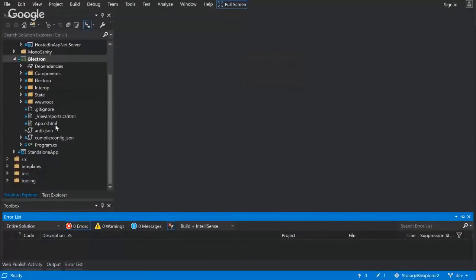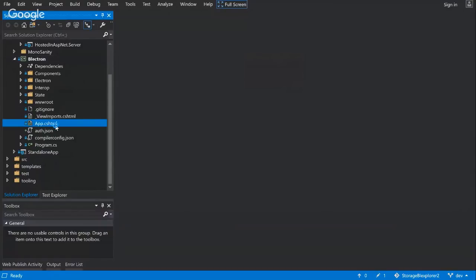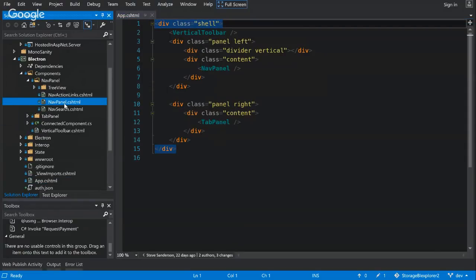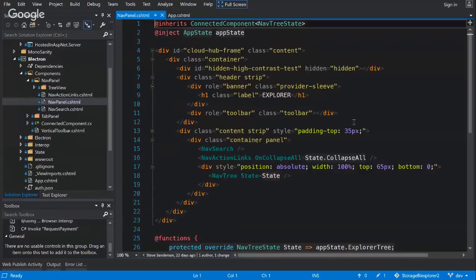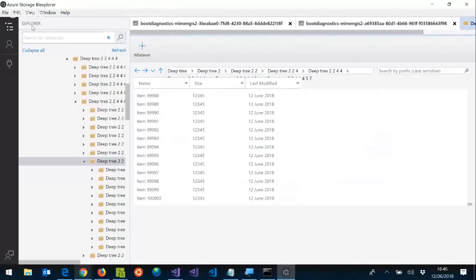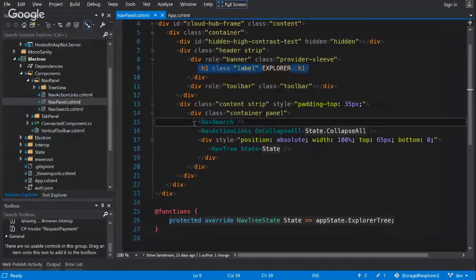So it is a normal Blazor application. I'll talk about how it interacts with Electron in a second. But if I open one of the Blazor components here, here's the app component. And yes, John, as you suggested, it is Blazor components all the way down. At the top here, we've got a few Blazor components: reference, vertical toolbar, nav panel, tab panel. If we drill down into the nav panel component, you'll see that this contains some of the things that you've seen in the UI. It says Explorer here at the top, and that's why it says Explorer up here in the top left. And then underneath there, we've got the search area, we've got action links,